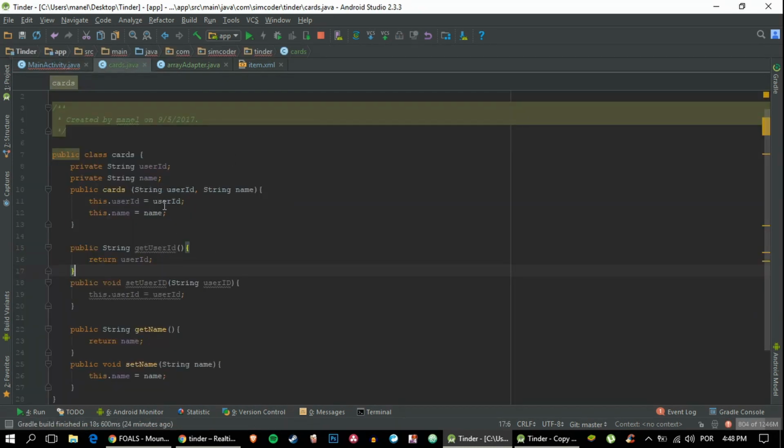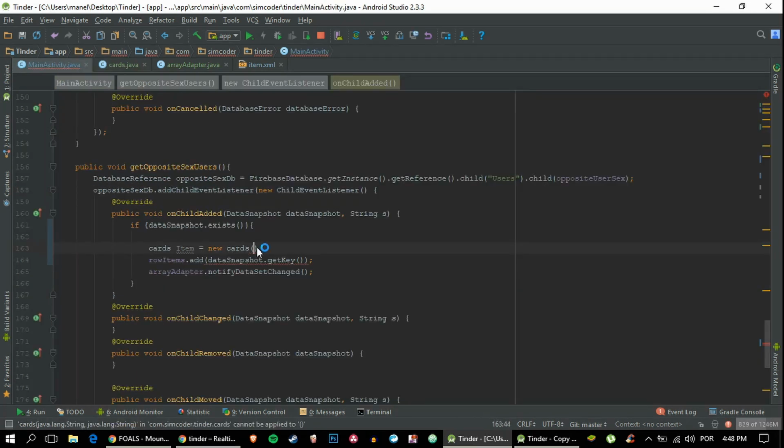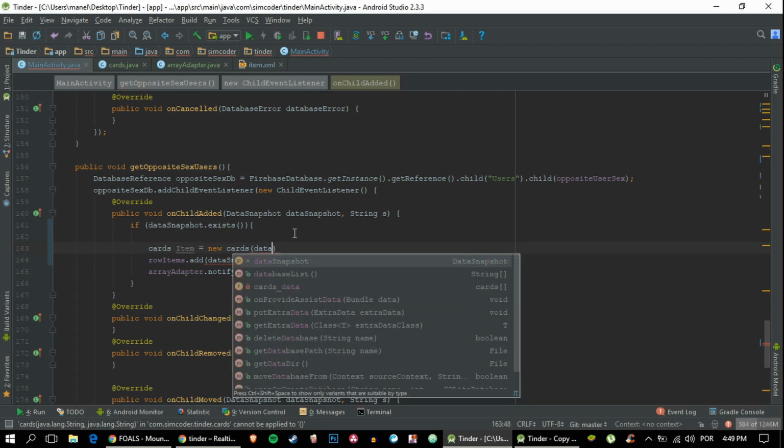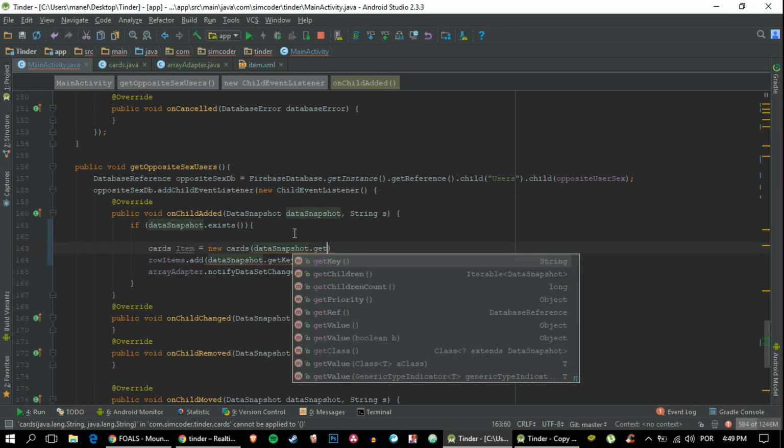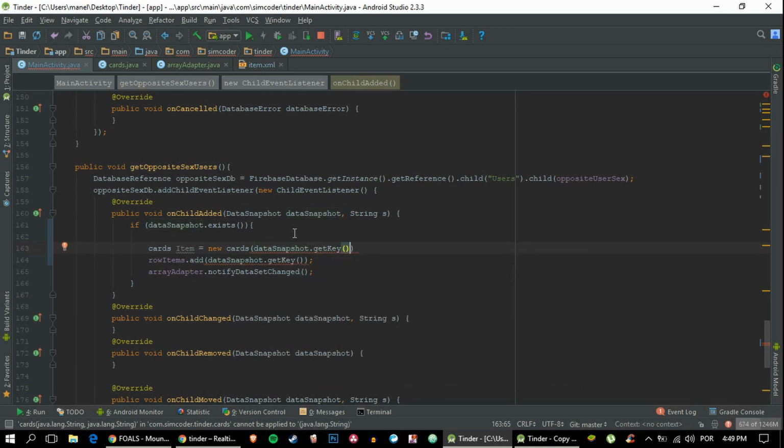And if you go in here, is basically this. So we have a user ID and a name. So give it just that. We have the data snapshot, and so in order to get the ID, we just say data snapshot .get key. This will give us the ID. And then if you want a name, you say data snapshot .child name